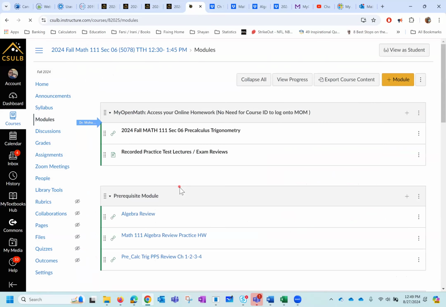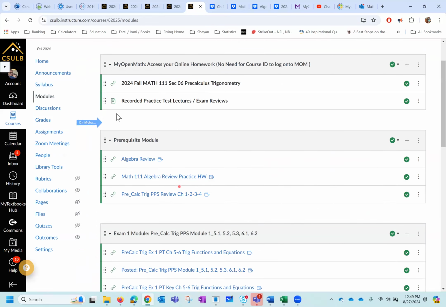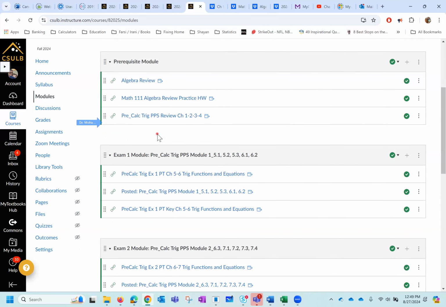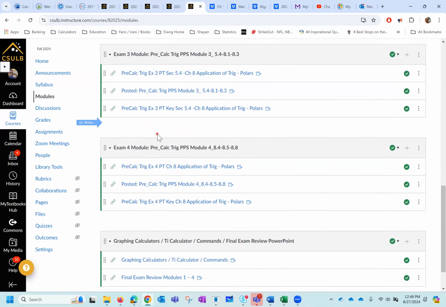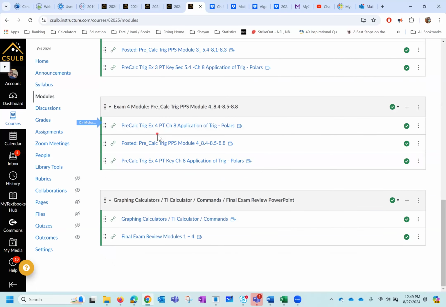I can't emphasize the importance of this part, everybody. This prereq module tells you whether you're ready for the course or not. Please pay attention to that. Ultimately, it's the algebra review. The course starts with exam 1 module, exam 2 module, and so on and so forth, okay? And I'm going to cover those. Before I cover those, also at the end,